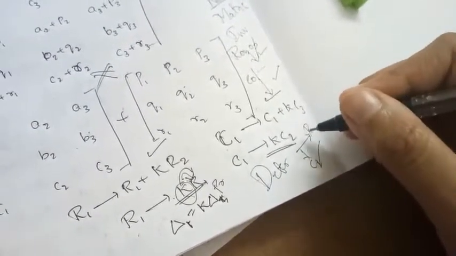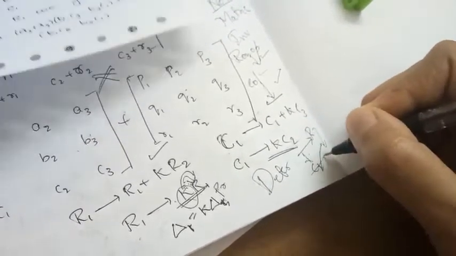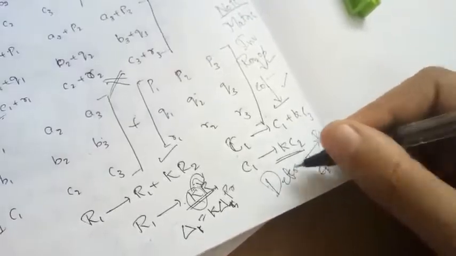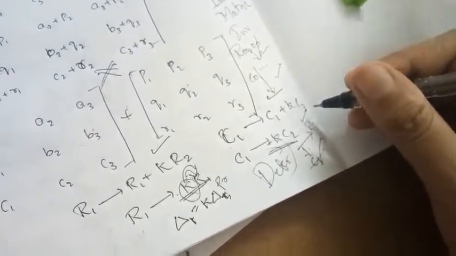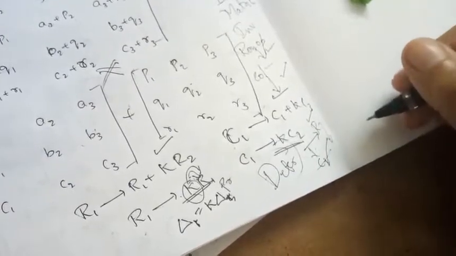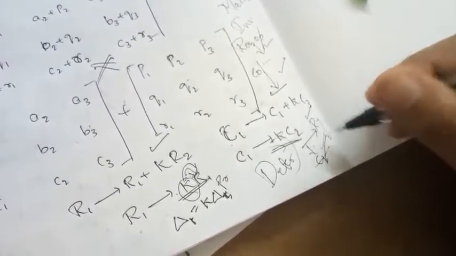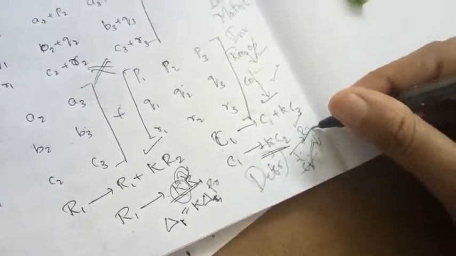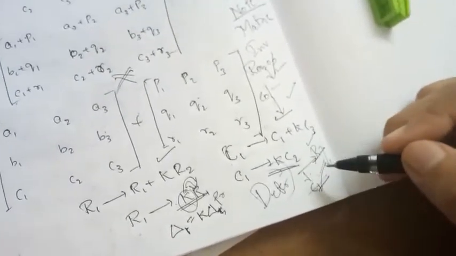There is no restriction that we use only row operations or only column operations to get the value. There is no restriction like this in the case of determinants. You can use a row operation in the first step, and in the second step you can use a column operation to get the value of the determinant. So there is no restriction like we need to use row only or column only in the determinant section. So make note of this.